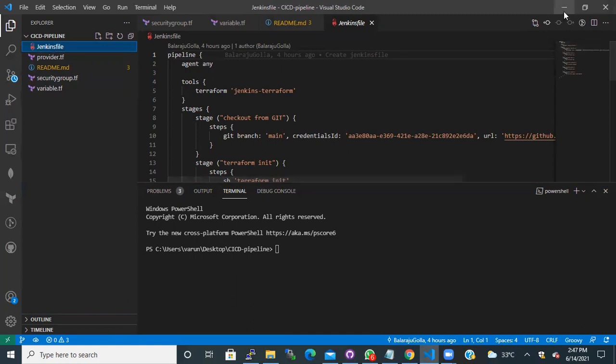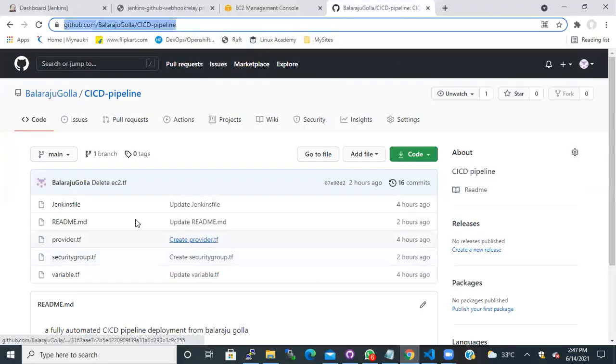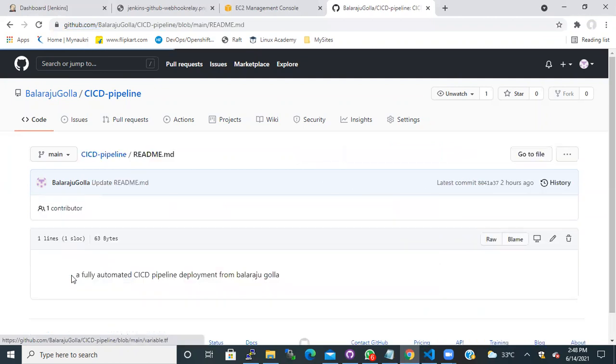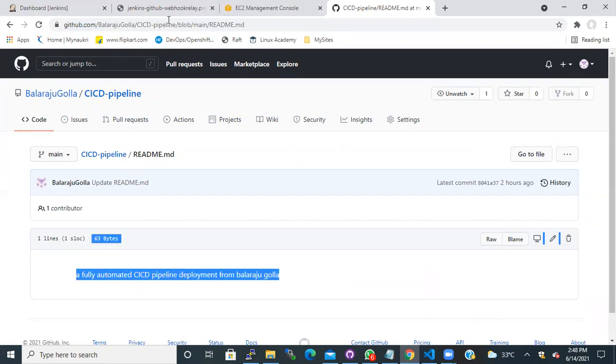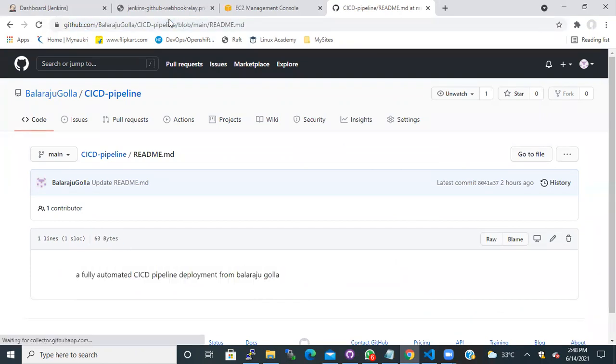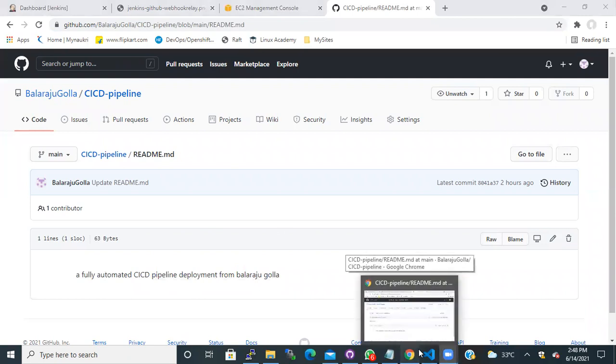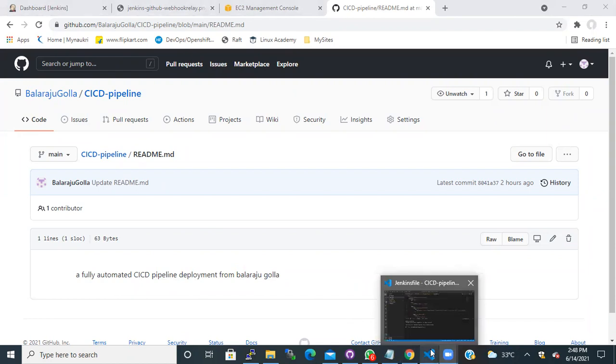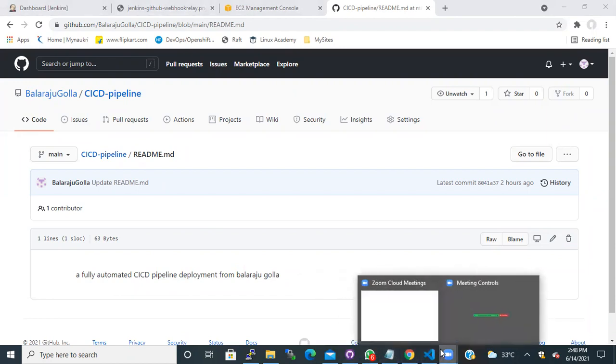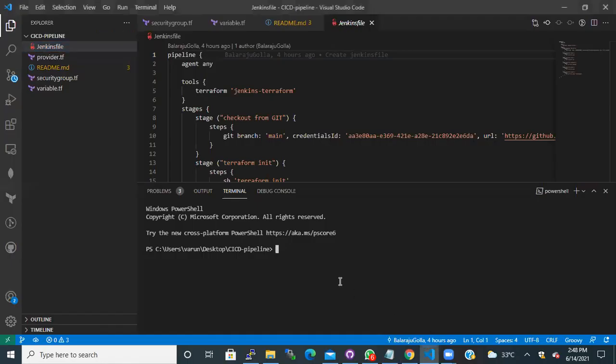So all these changes that I have made now are available only on my local copy. It is not pushed into GitHub. If you see the README file, where I have just written Jenkins and Terraform, you did not see those changes in GitHub because I have not yet pushed my code into source code management, that is GitHub. I have made the changes and parked them in my local system. So now I'm going to push these changes into my GitHub.